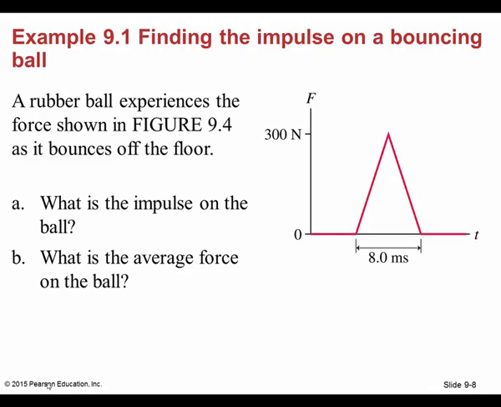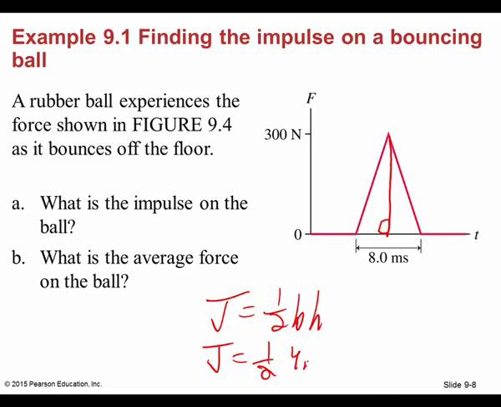All right, let's look at this example. We got a rubber ball that experiences a force shown in the figure there as it bounces off the floor. What is the impulse of the ball? What is the average force? Well, the best way to find the impulse here would be to do the right triangle method. But remember, it's the area under the curve. So the impulse is what? 1/2 the base times the height, right? So the impulse J is equal to 1/2. The base is 8 milliseconds, so half of that would be what? 4 milliseconds, and that's to the,